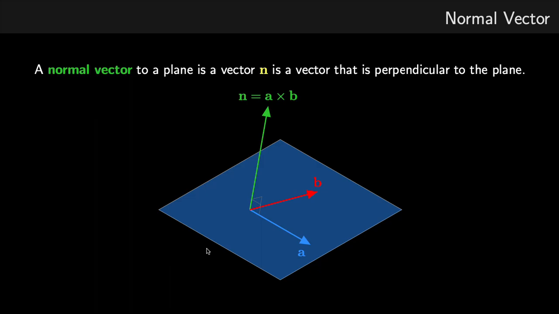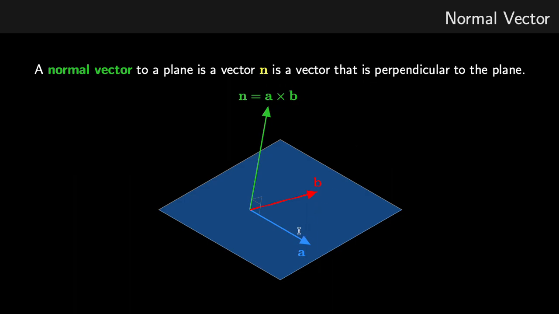Hi, in this video I'm going to talk about planes and vector equations of planes. Now a plane is a flat two-dimensional surface and the first thing we're going to talk about is the normal vector to a plane. Now the normal vector, usually denoted as a vector n, is a vector that is perpendicular